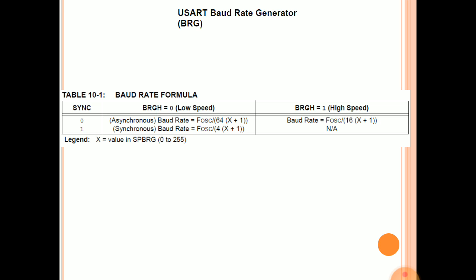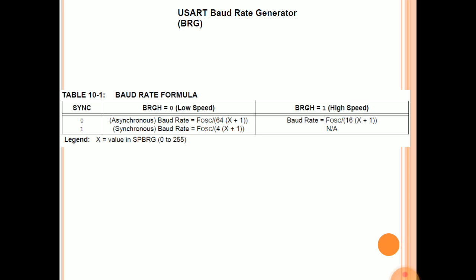Next we see the USART baud rate formula. If the SYNC bit is 0, it means it is in asynchronous mode. At that time, if the BRGH bit is 0, it means low speed. For low speed in asynchronous mode, the baud rate is given by F oscillator divided by 64 times X plus 1, where X is the value in the SPBRG register, which holds the baud rate value.